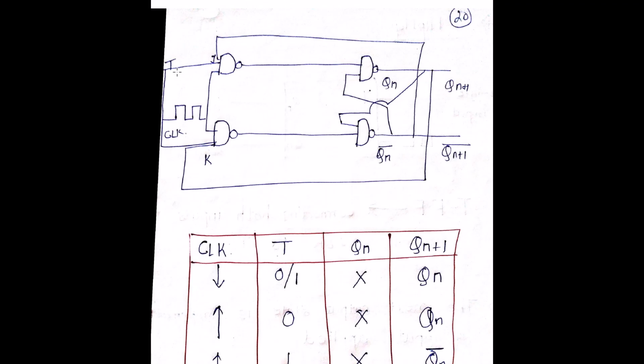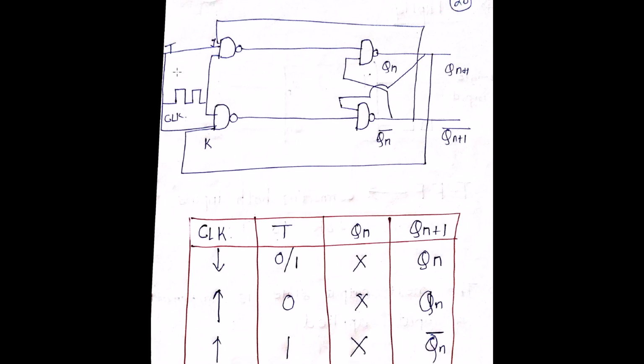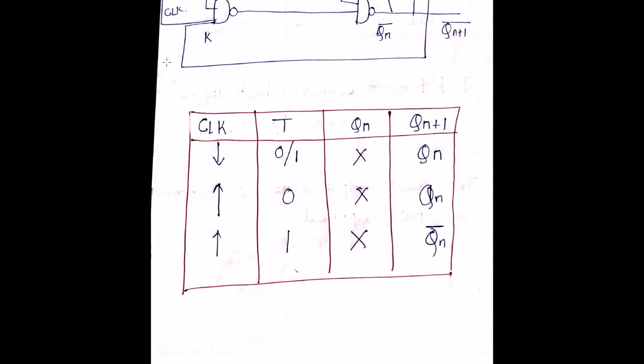So let us try to understand what we want to say. As I said, the JK flip-flop is basically enhanced to a T flip-flop. So the circuit diagram remains the same, just J and K are connected together to T. If you look at the truth table over here, when the clock is low, as I told you, it doesn't matter whatever you give in the input, my output will always remain my previous output only, Qn. However, if my clock is high, if my T is 0, my output remains Qn. If my T is 1, my output gets converted to Qn bar.